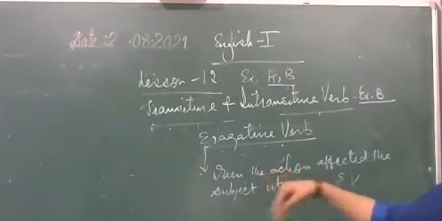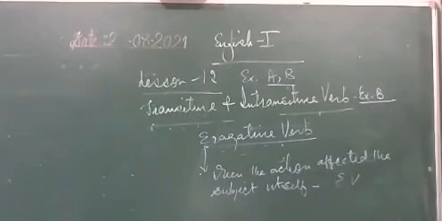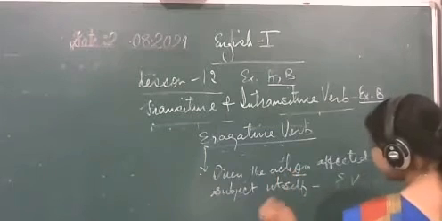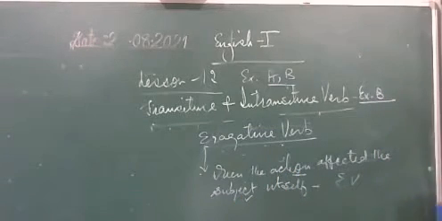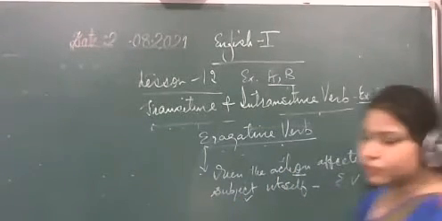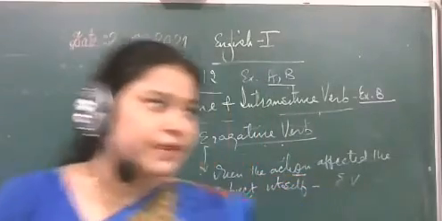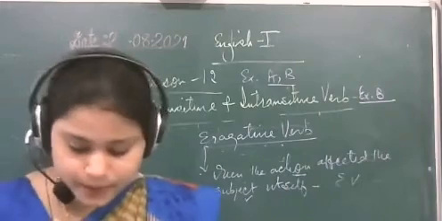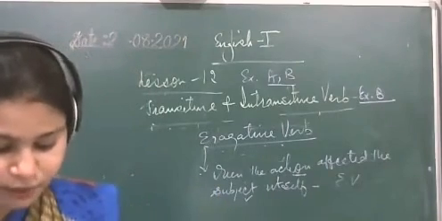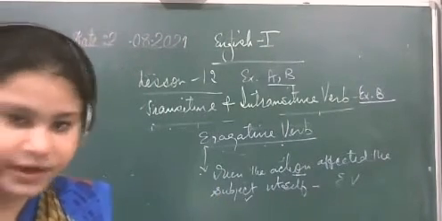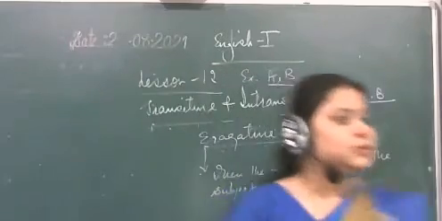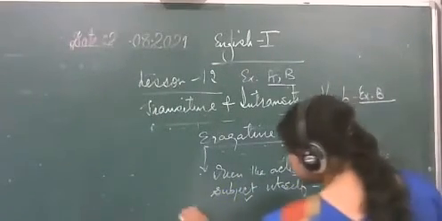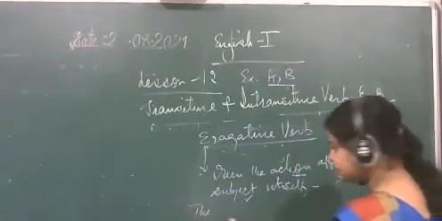So in a reflexive verb, when the action affects the subject itself, it means whatever action is going on, with the help of that action, your subject is being affected. That is known as a reflexive verb. See, the child broke the vase. I will write two examples. The child broke the, what is this, visible?